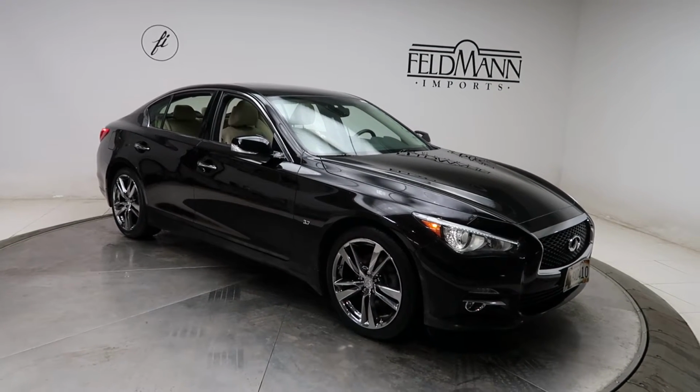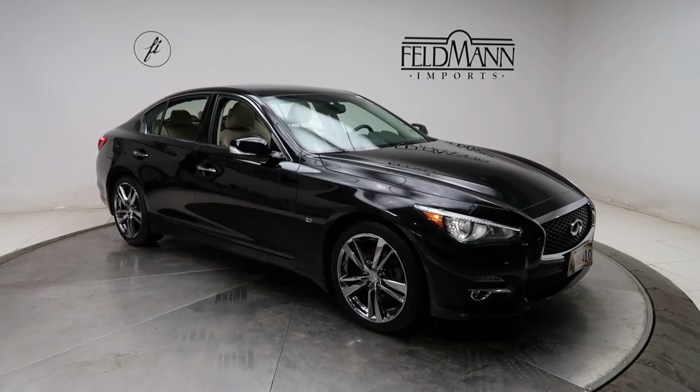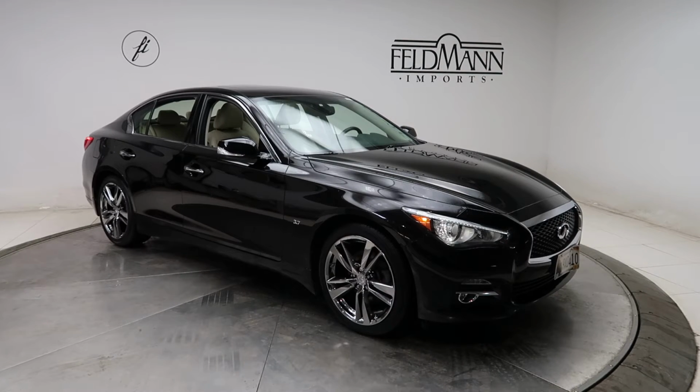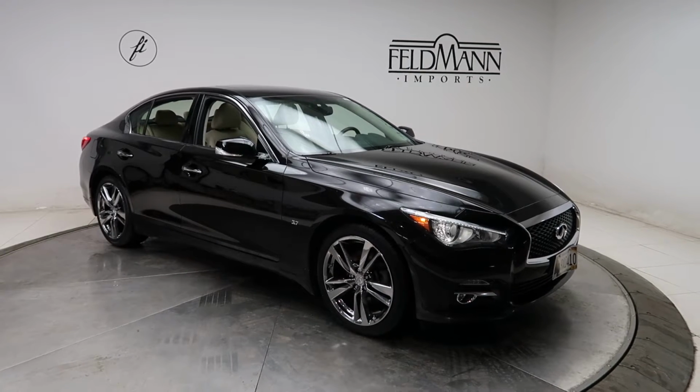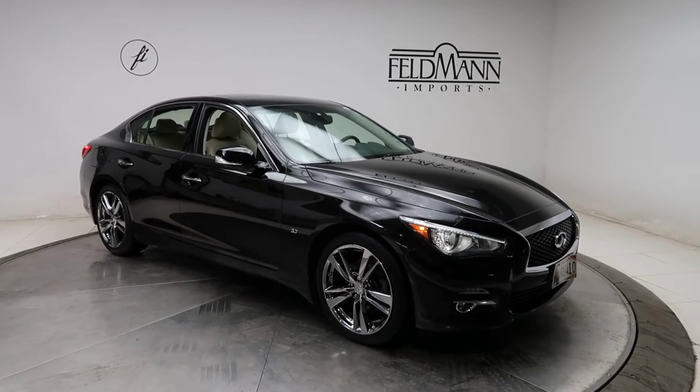Today we're taking a look at a 2015 INFINITI Q50 all-wheel drive premium. This one's black. Underneath it's a 3.7 V6 pushing out 328 horsepower and 269 pounds of torque. This one has front and rear LED daytime running lights, 19-inch wheels,